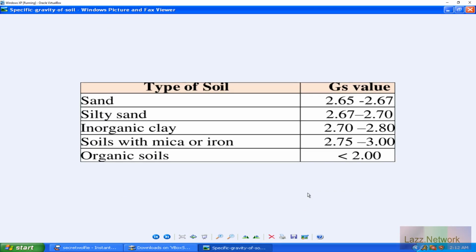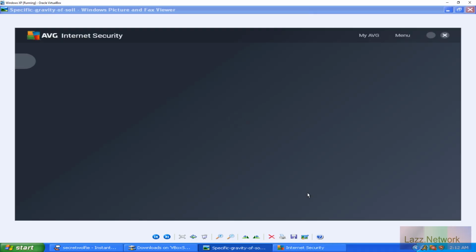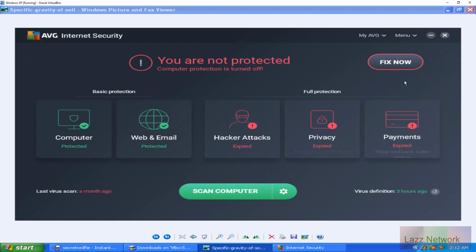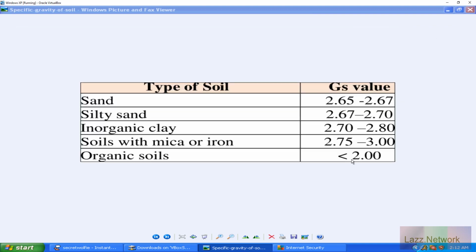All right. So I'm going to open up this table here, and I'm going to talk a little bit about specific gravity of soils. Oh, as soon as AVG needs to load up and tell me that everything's on fire, because the world's always on fire, right? Anywho,